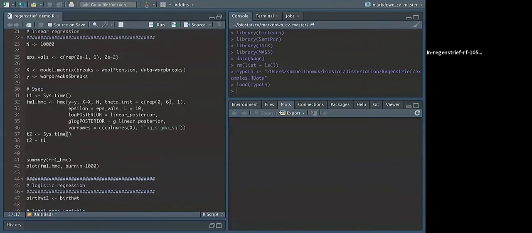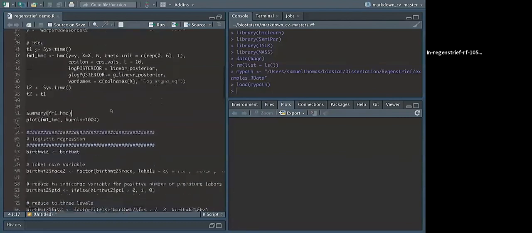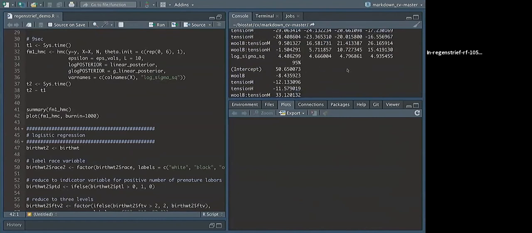We have some initial values for our parameters where we start the Markov chain, some tuning parameters for HMC, and then functions for the linear posterior and the gradient of the linear posterior, which are shown here, and an optional parameter that has the variable names. So after running this, which typically takes about 9 seconds or so on this computer, we have